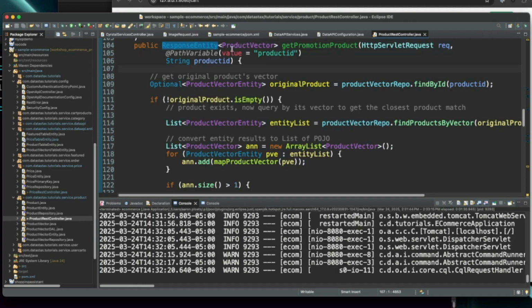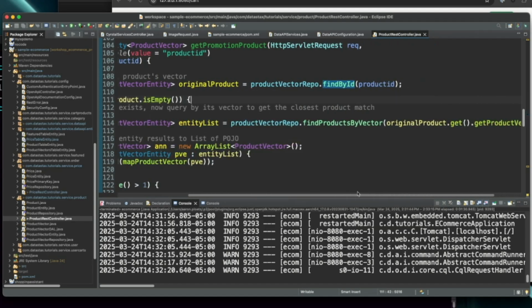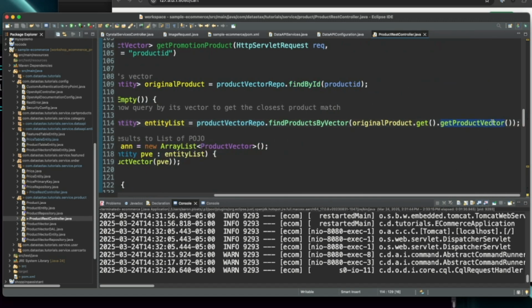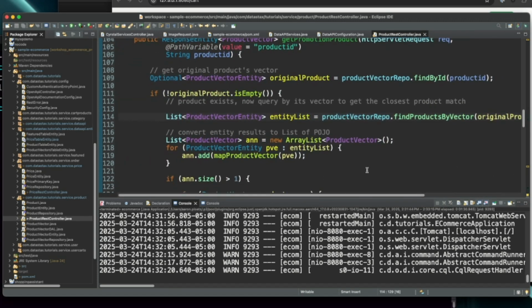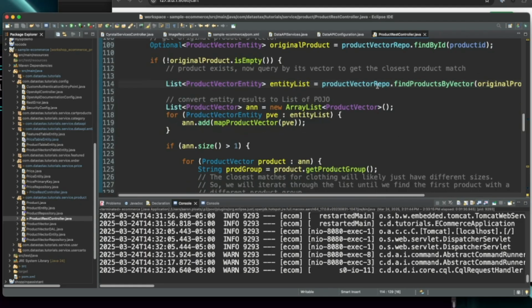We have a product ID, whatever product we've just added to the cart, and we're doing a find of that product by ID. And then we're taking that product's vector and doing a vector search on that. Yep, find products by vector. And that's going to pull back the most similar products.